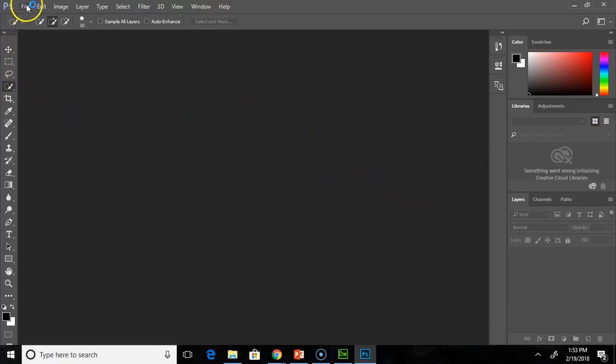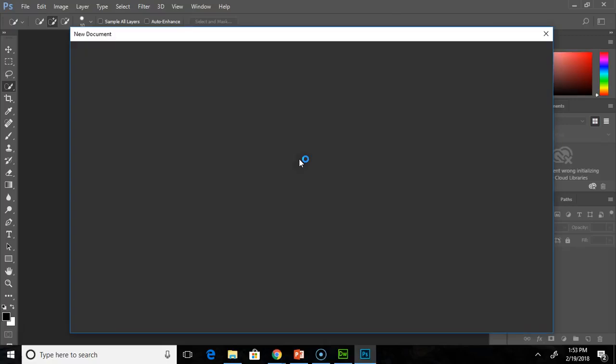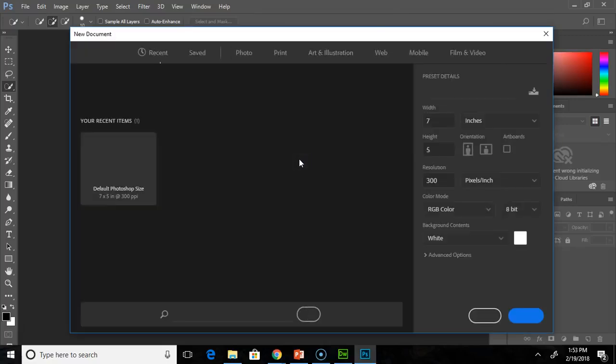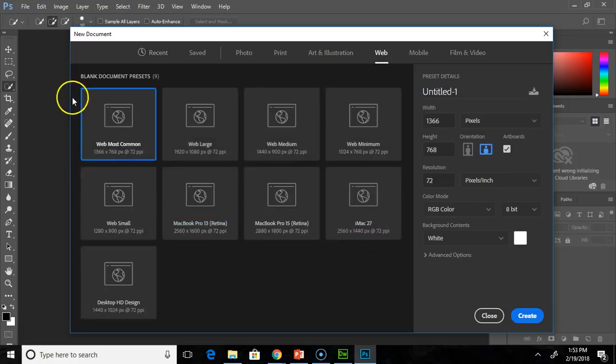In order to do that, we need to first create a new Photoshop document. When I click on File, New, we should have our menu pop up. What it looks like will vary based upon if you're using 2015, 2017, etc. But the process is still the same. For our purposes, we're going to choose a web type image, and we're going to leave it